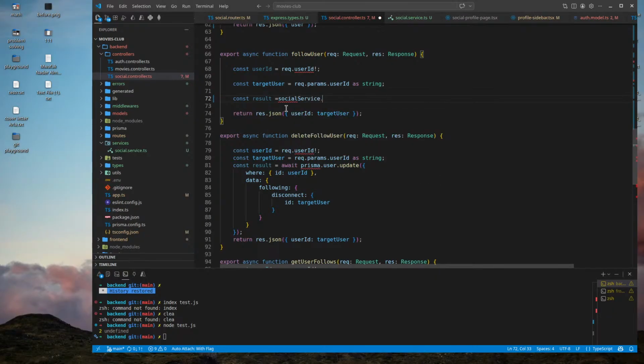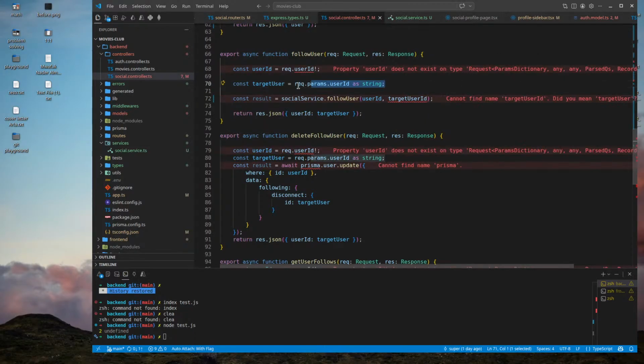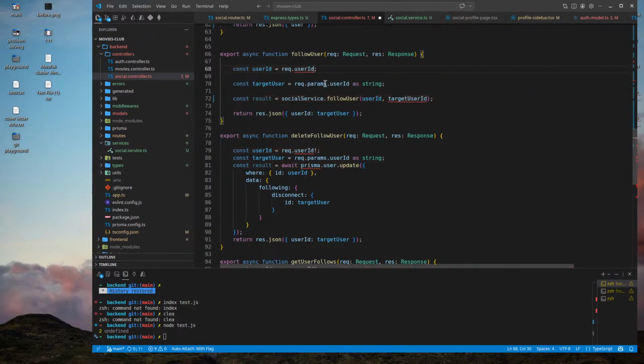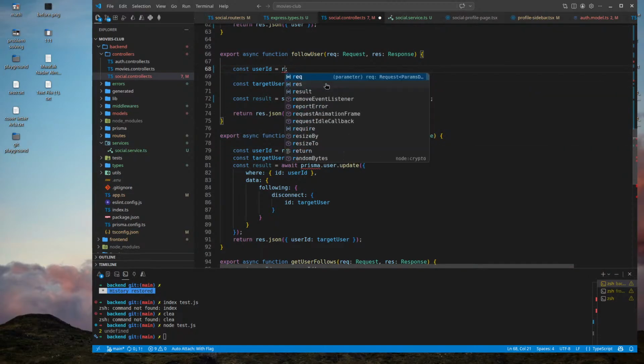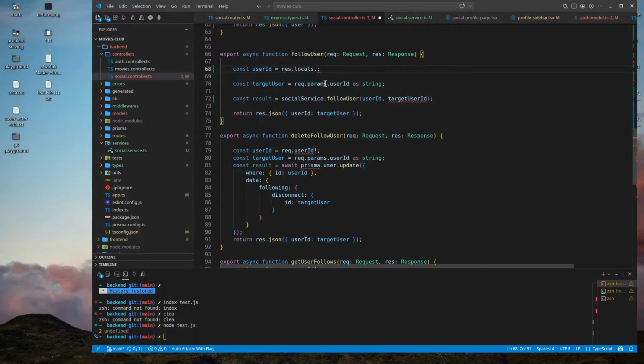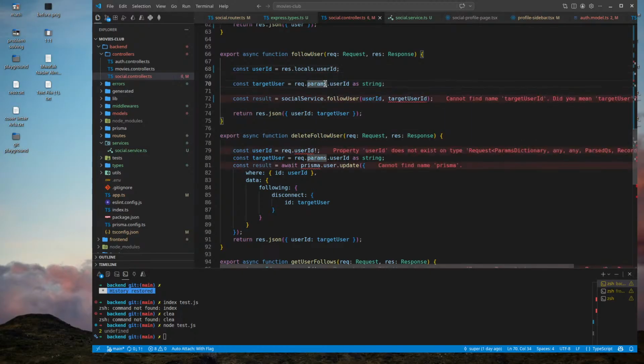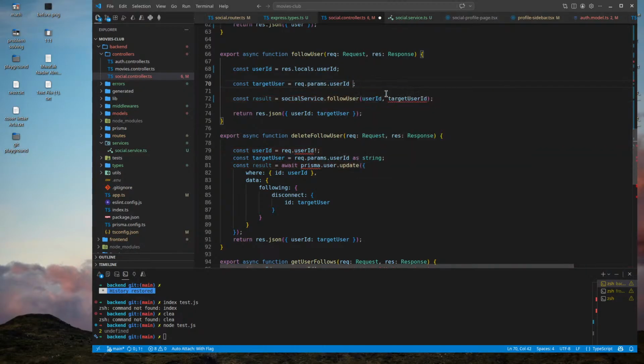Oh, it takes user ID and it takes target user ID. طيب user ID, request.locals.user ID and target user ID. هو عبارة عن this is bad. Okay.